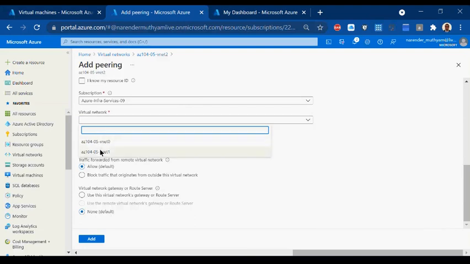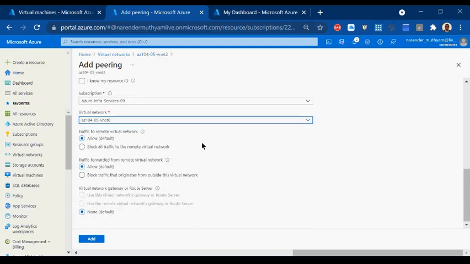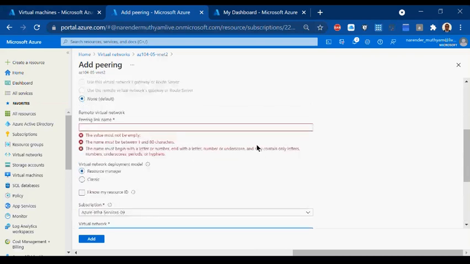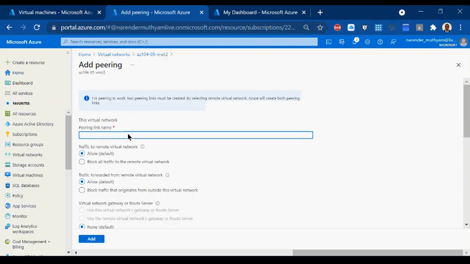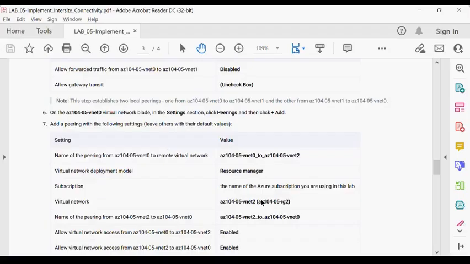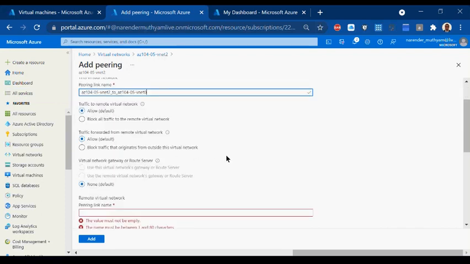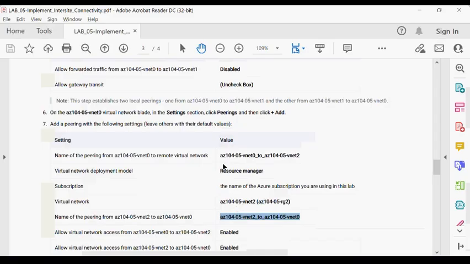Means on 2 they are discovered, but on 0 they are not discovered. So what I will do, I will implement 2 to 0 now. So here I'll just reverse it. All I need is connectivity, so I'll just use the reverse case here.